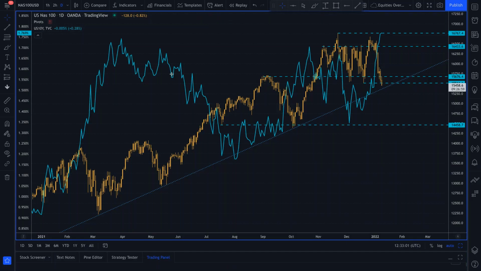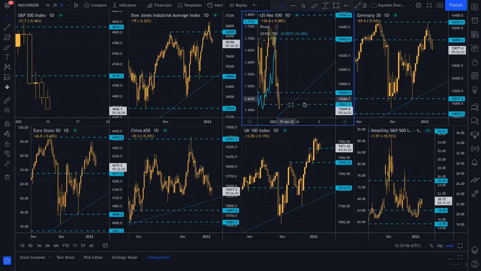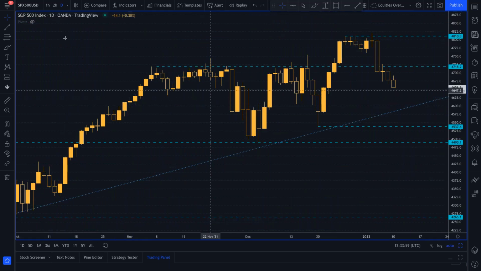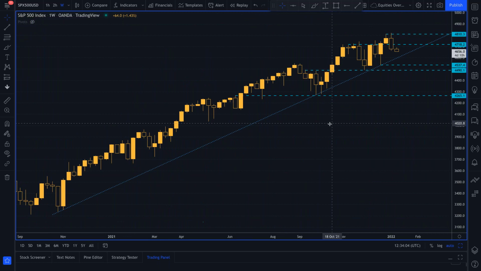Now, one of the things you have to be careful of, particularly as a retail trader, and particularly if you follow Twitter, is the amount of very bearish news there is on stocks. It's really quite overwhelming. Now, don't get me wrong, the outlook in the near term is bearish for stocks. We've seen a bit of risk-off trading coming in, seeing a bit of yen upside.